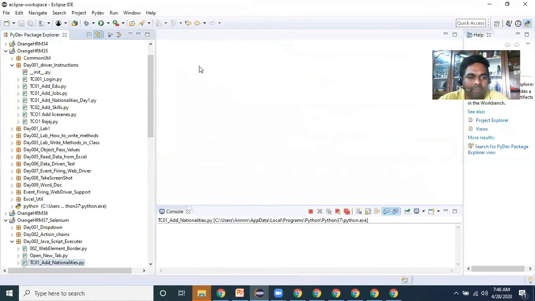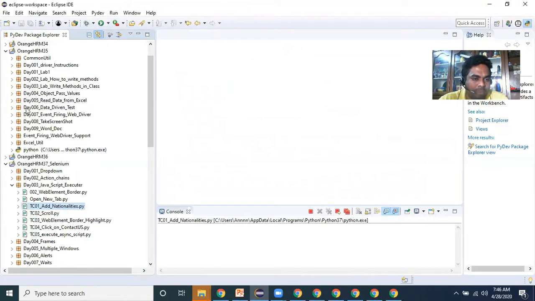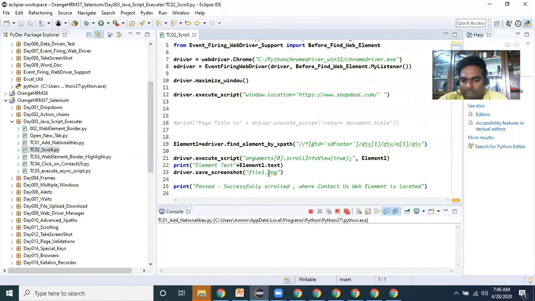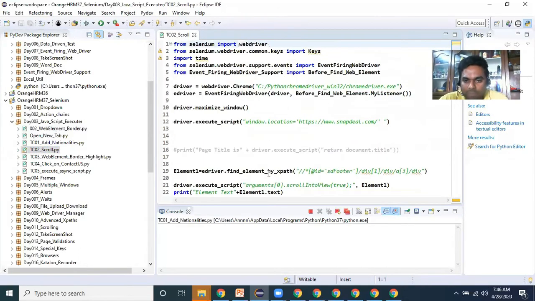Now let's see what else we can do by using JavaScript executor. Okay, this is my Snapdeal application. So I want to open a new tab. Generally we know driver.get test URL. Whenever you write driver.get test URL, that application URL is launched automatically.